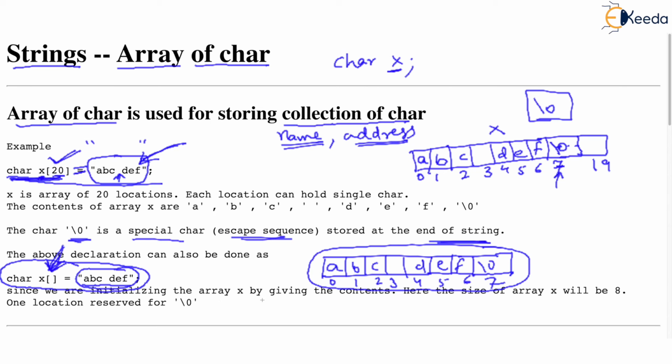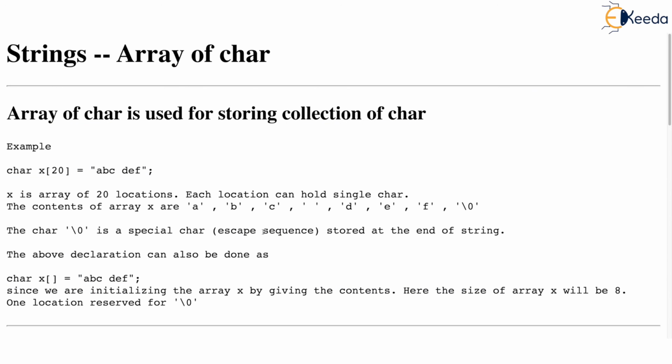So initializing the array, you can see that the size of the array will be 8, although you have not given it, and one location is reserved for \0. So what we have seen till now is what is array of character and how to declare it, and you can initialize array of character. Just check, this portion is for initializing. You can give some initial value, and whatever value you give will be stored location by location in the character array, but the last character will always be \0.